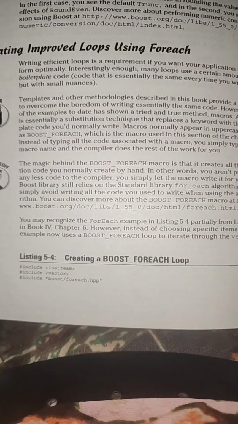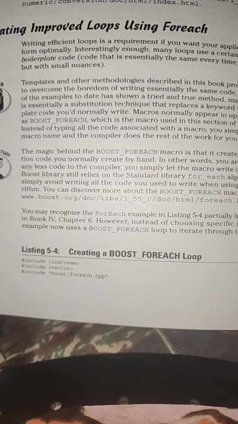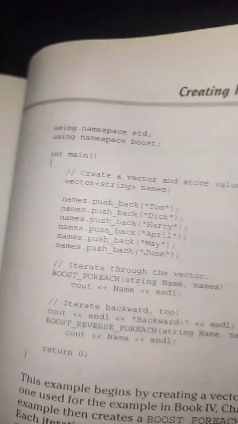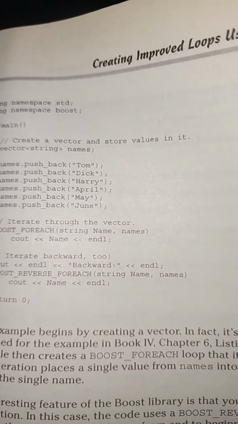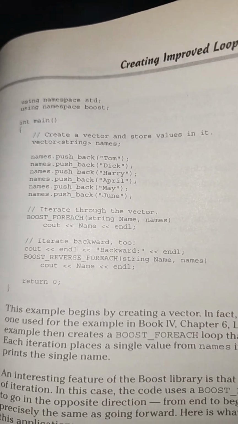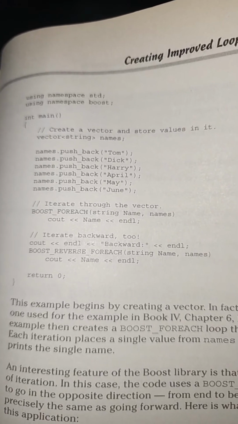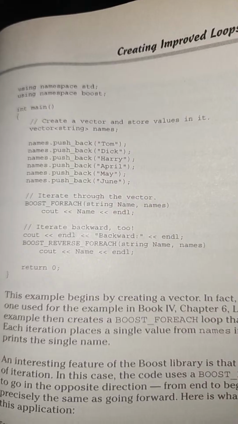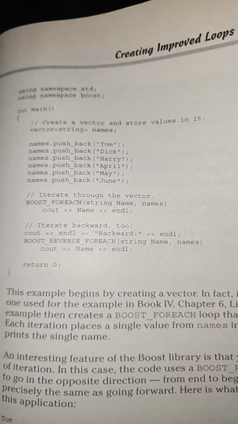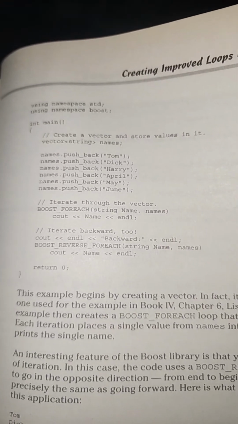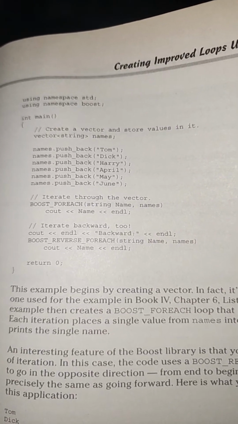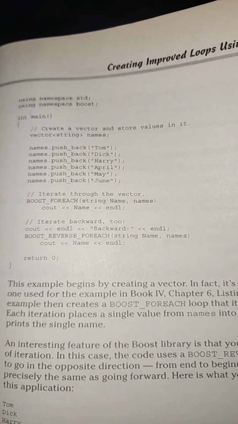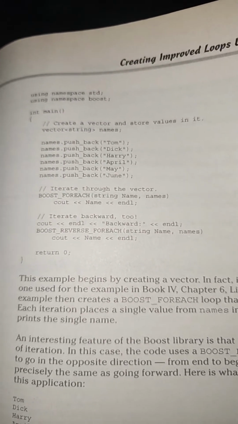#include <iostream>, #include <vector>, #include <boost/foreach.hpp>. using namespace std; using namespace boost; int main() Create a vector and store values in it. vector<string> names; names.push_back("Tom"); names.push_back("Dick"); names.push_back("Harry"); names.push_back("April"); names.push_back("May"); names.push_back("June"); Iterate through the vector: BOOST_FOREACH(string name, names) cout << name << endl; Iterate backward too: cout << endl << "Backward" << endl; BOOST_REVERSE_FOREACH(string name, names) cout << name << endl; return 0;